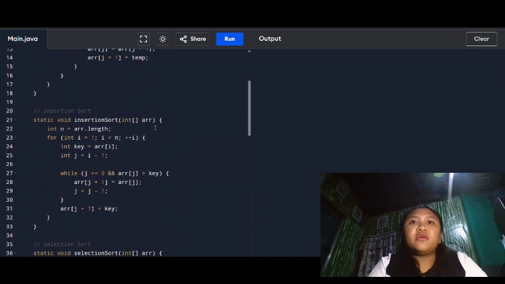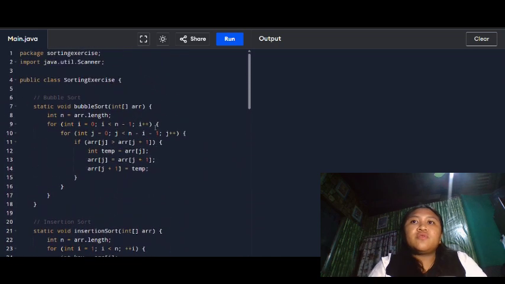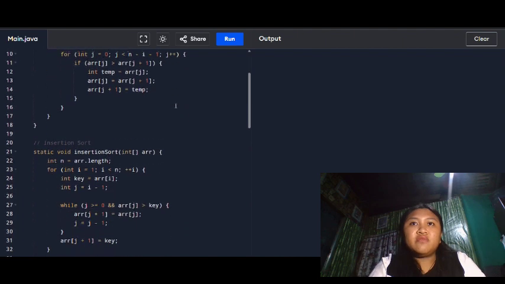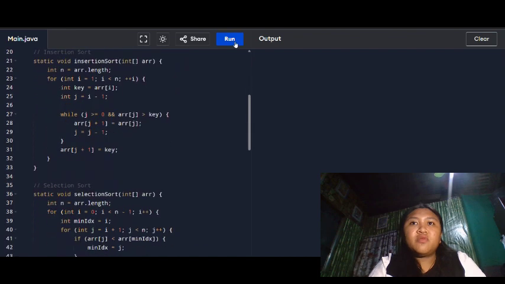Insertion sort iterates through the array, considering each element from the second element onward, with the sorted subarray initially just being the first element. We shift the largest element one position to the right, creating a space